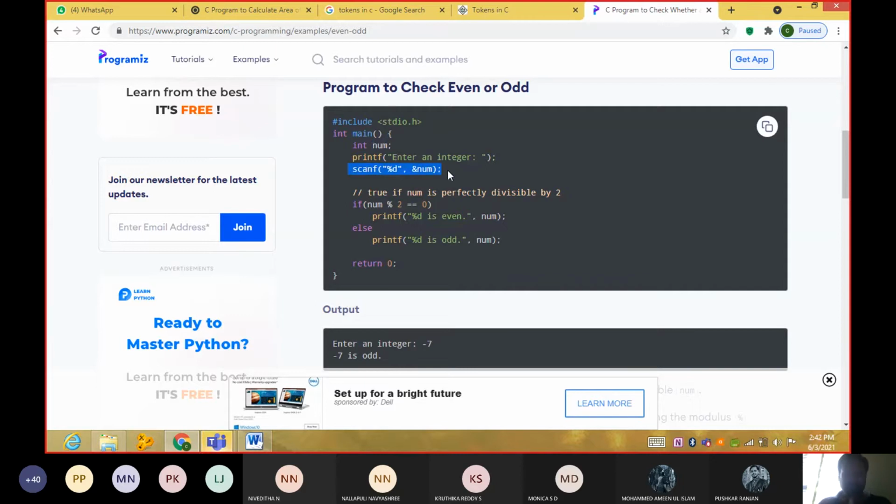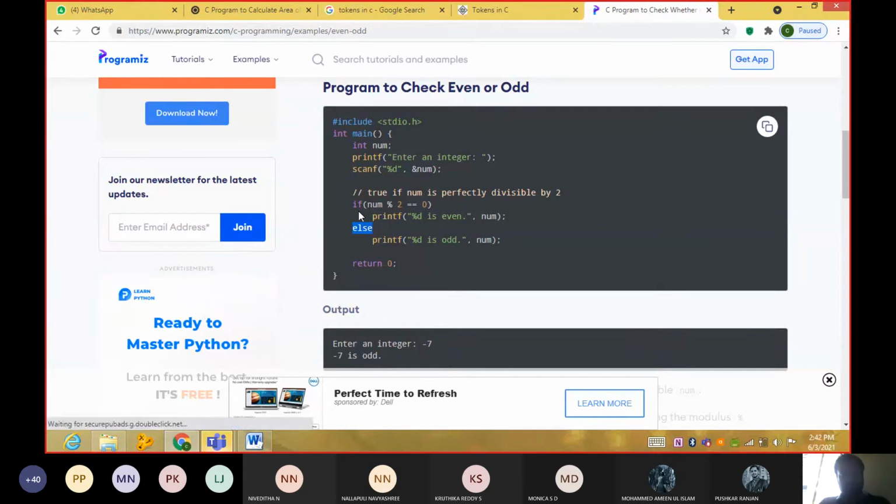If that number is divisible by 2 and the result is 0, the number is even, else it is not even, that is odd. This is how we use if, one of the keywords, and else, another keyword. So for these two keywords, we are going to use if, else.